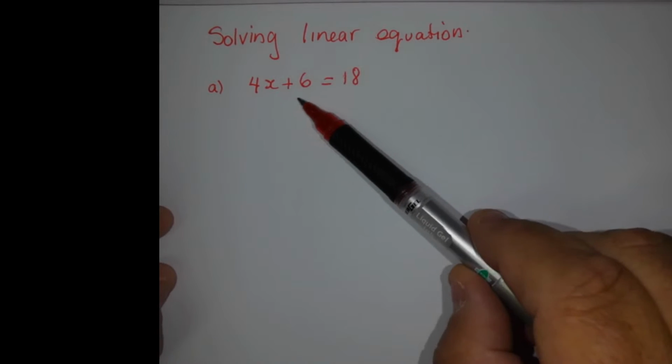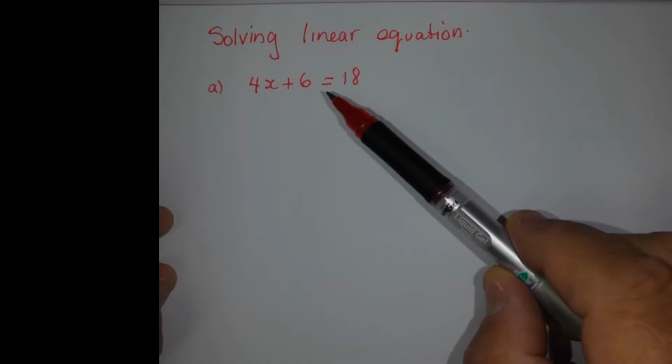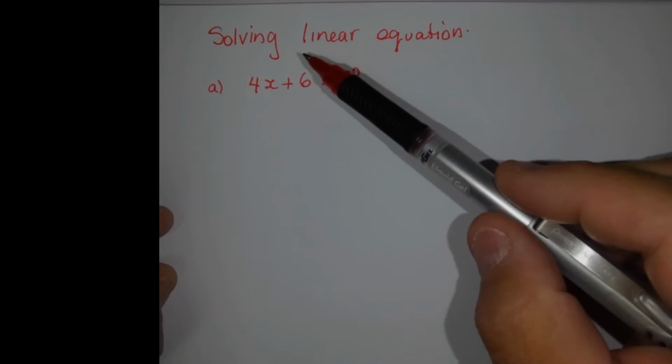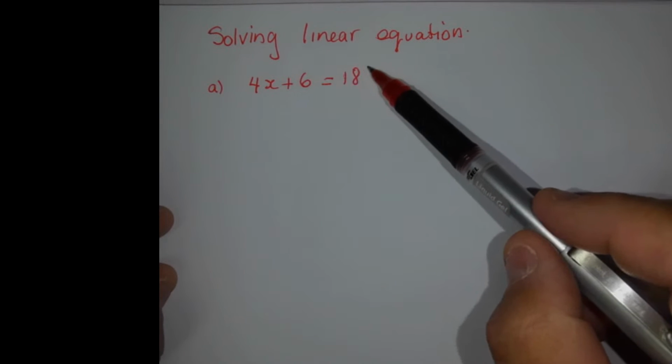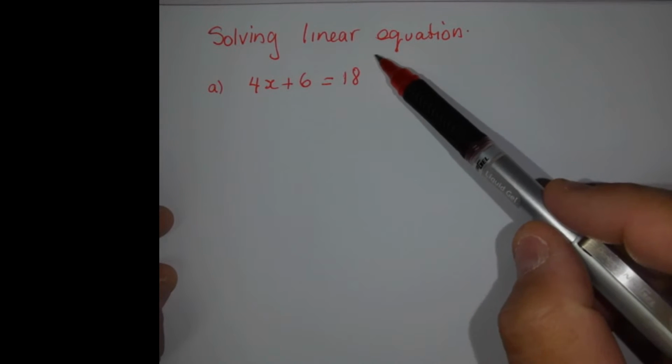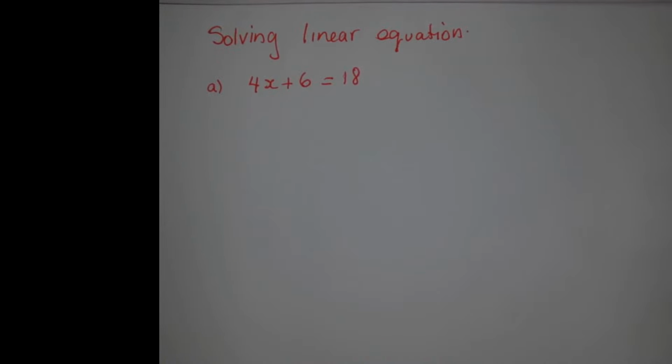Say whatever I take away from here, I take away from there, or simply, there are some teachers that say, well, the only rule that I'm going to keep in mind here is that if I move something over the equal sign, I change the sign of it. So there are many theories, and you will use the one that is more convenient for you. In my case, because I want to balance the equation, I'm going to start by taking the equation, and I'm going to